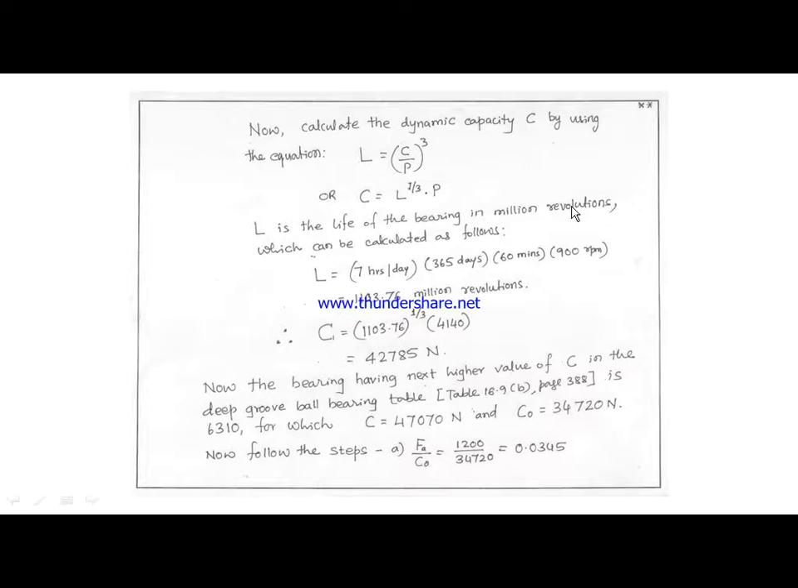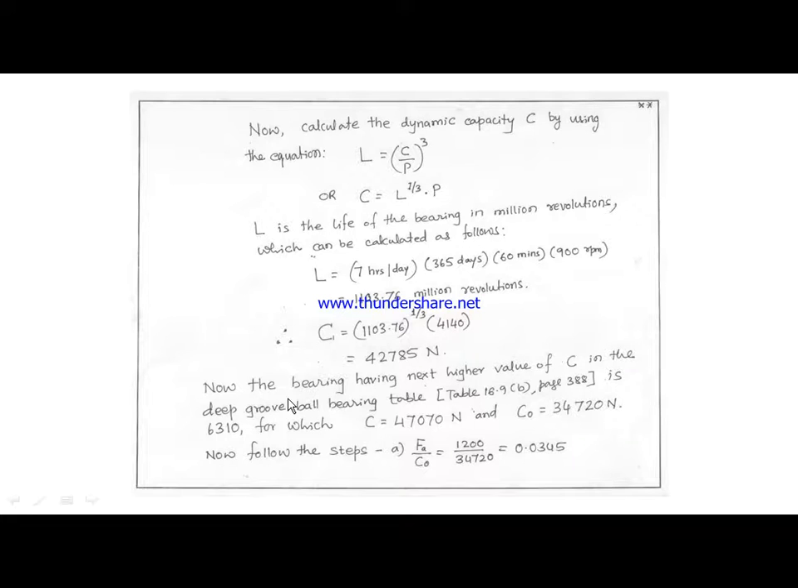L is the life of the bearing in million revolutions, which is calculated as follows. It works for 7 hours per day. There are 365 days in a year. So that many hours you have. Convert that to minutes by multiplying it by 60 minutes into shaft speed 900 rpm. So the life of the bearing in million revolutions is 1103.76 million revolutions. Hence the dynamic capacity C is